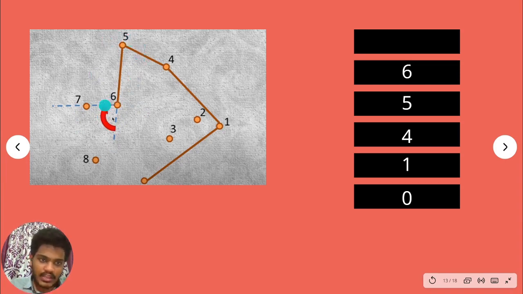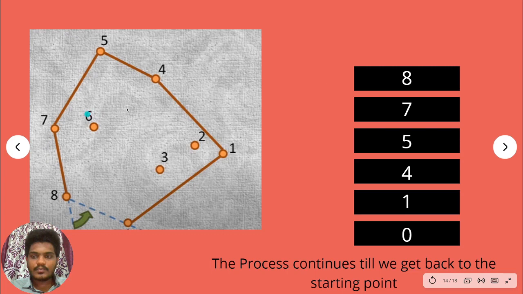So we'll pop out this element and check whether 7 is making a counterclockwise direction with respect to 5 or not. Of course, 7 is making a counterclockwise direction with respect to 5. So we will join 5 and 7, removing 6 from the stack. So 6 will be removed from the stack, and then 7 will be added to the stack, and 5 and 7 will be joined. So as you can see, 5 and 7 came into the list.